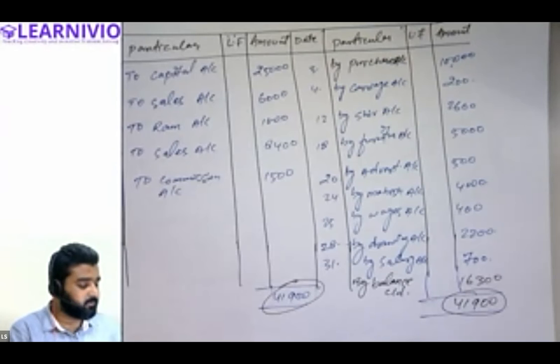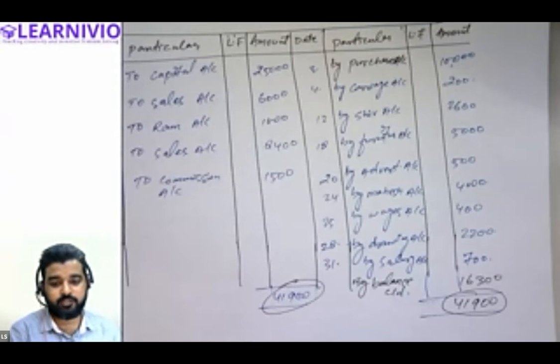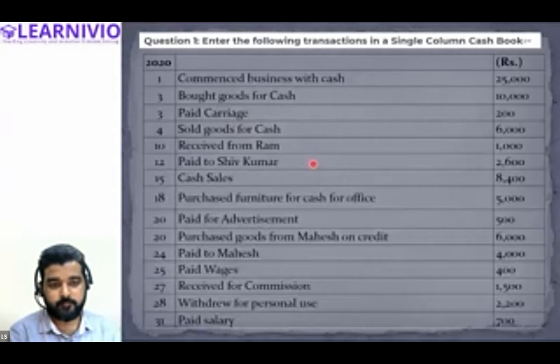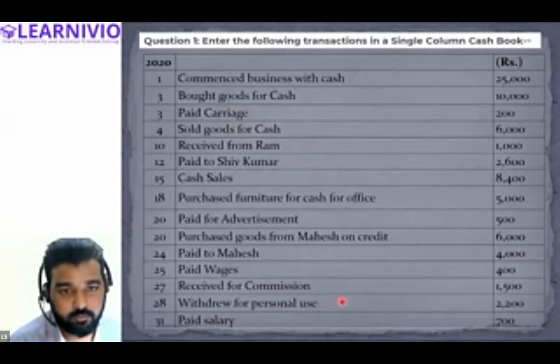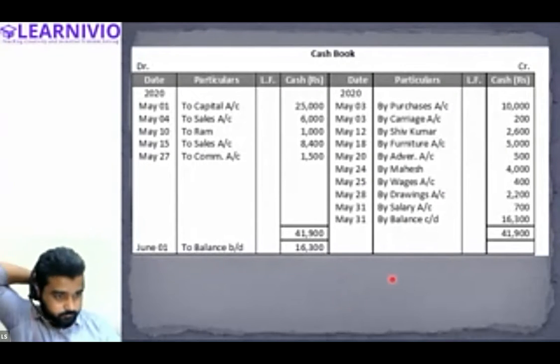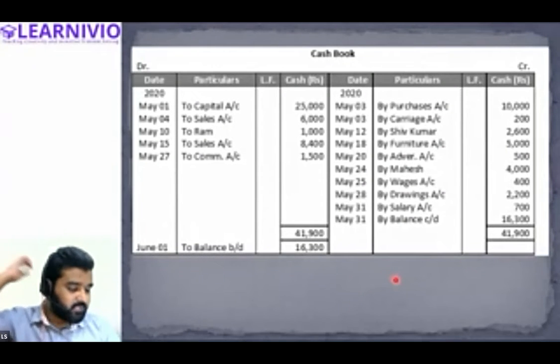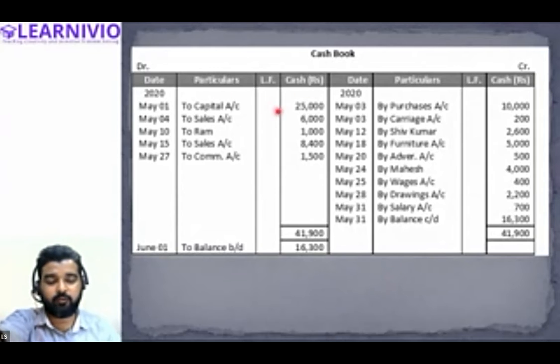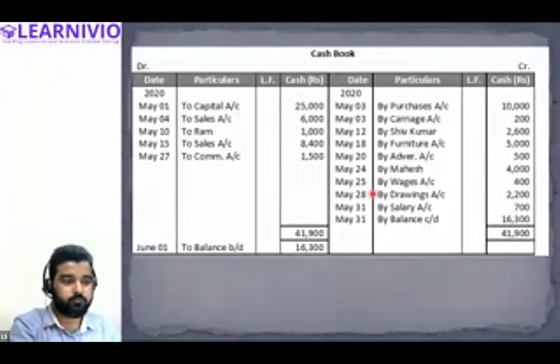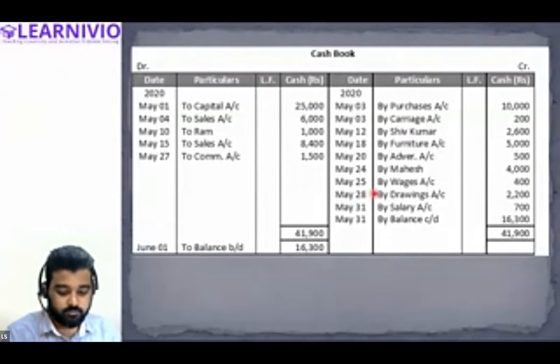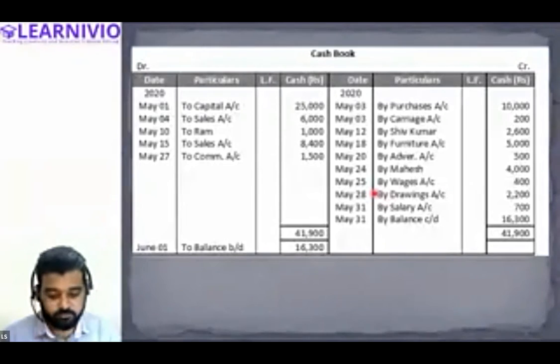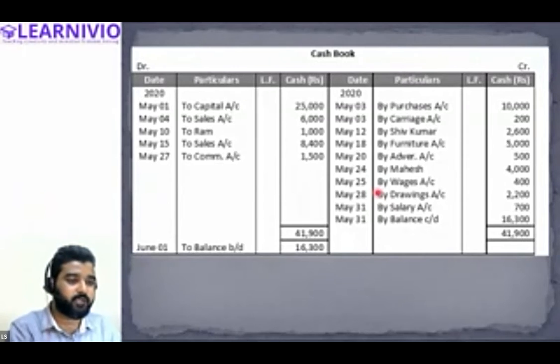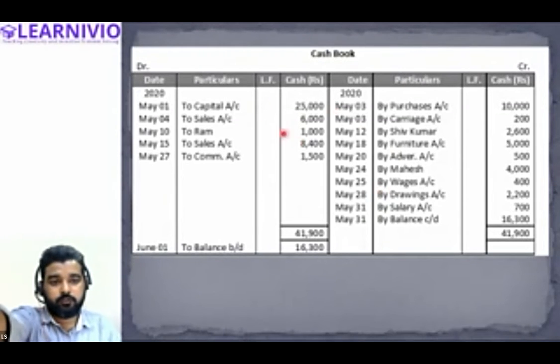Mazen, this will be probably around 25,000. Let me check the solution. Just a minute. Let's check out the solution. See, this is the solution, and our solution and the solution that I have on the slide both tally. So I think we have made the correct total. 25,600 will be the total of the credit side. So this is the solution.